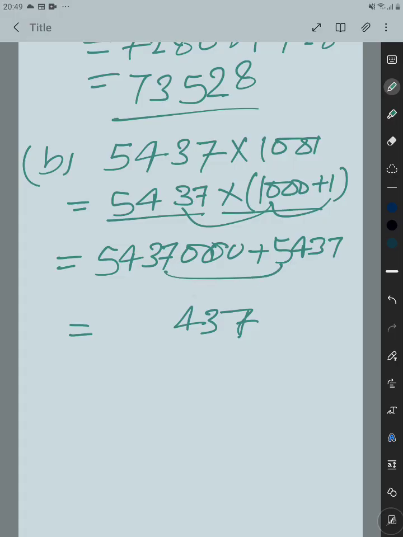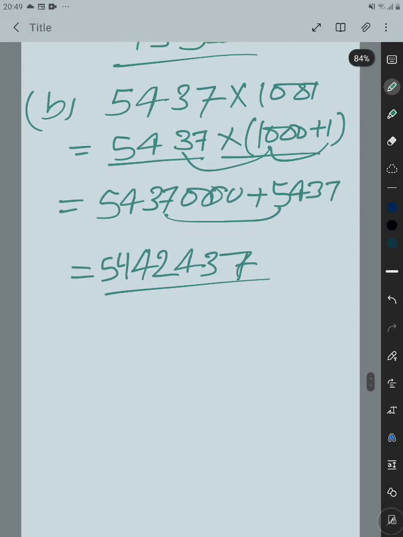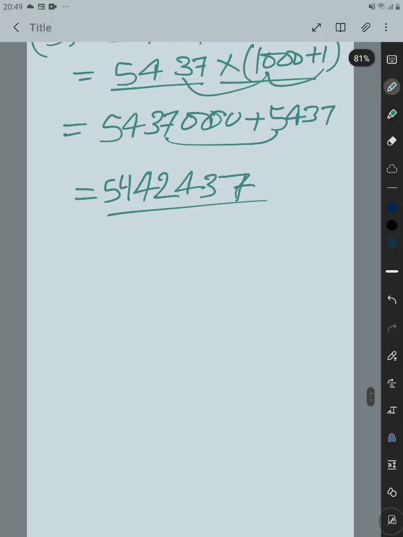Seven plus 3, then 4, then 5 and 7 are added, then we'll get 2. Then 3 plus 1, with the carry over 1, we'll get 4, and then this 4 and then 5. This is the answer that we are supposed to get. Now we'll come to C part of the question. So what is C part? C part is 824